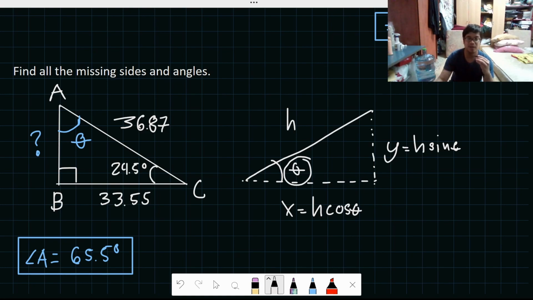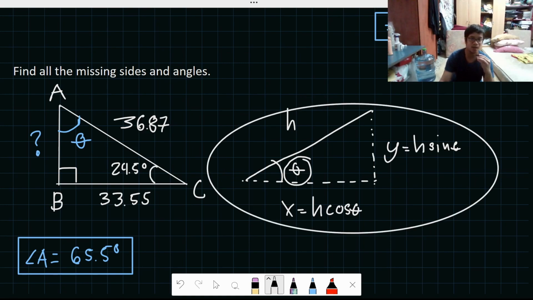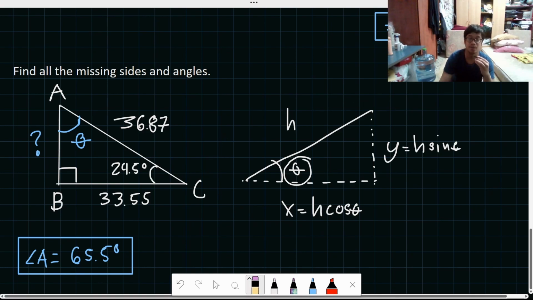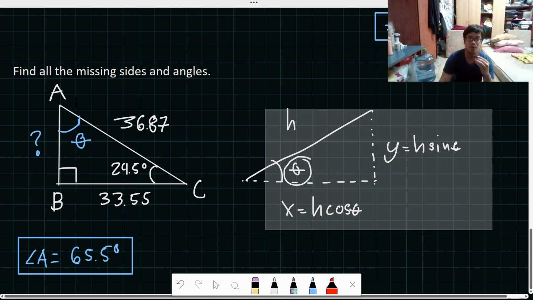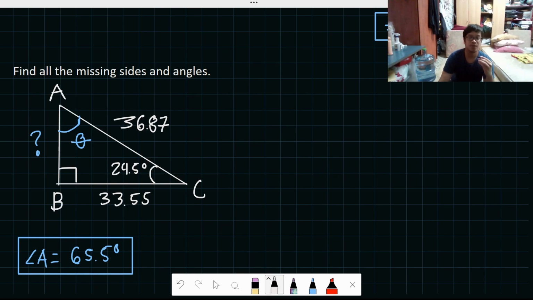A trigonometric ratio for you to find the side vertically, or you can just simply use the second method, which is getting the horizontal component of your hypotenuse. So I will just use both, okay, so that you understand me. So let's just try first the one with the trigonometric ratio, okay? So first and foremost, our referred angle that I can use